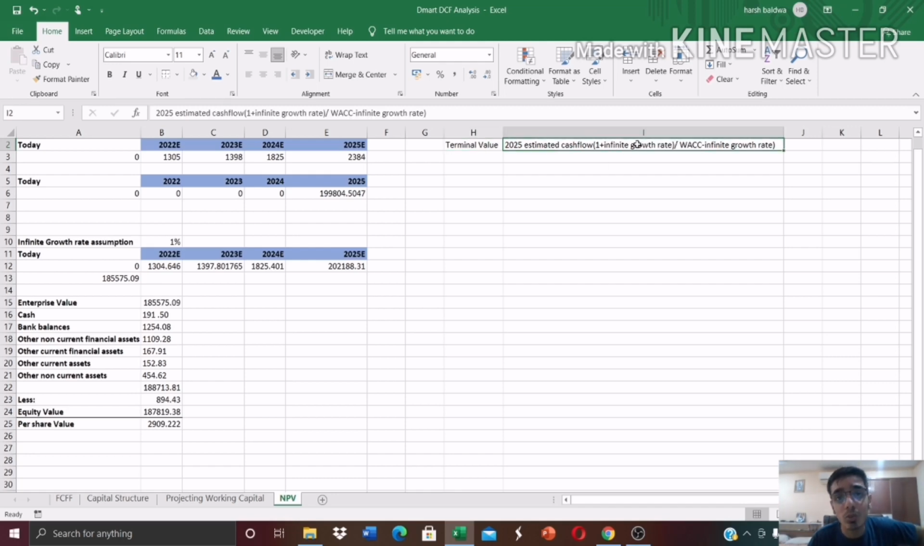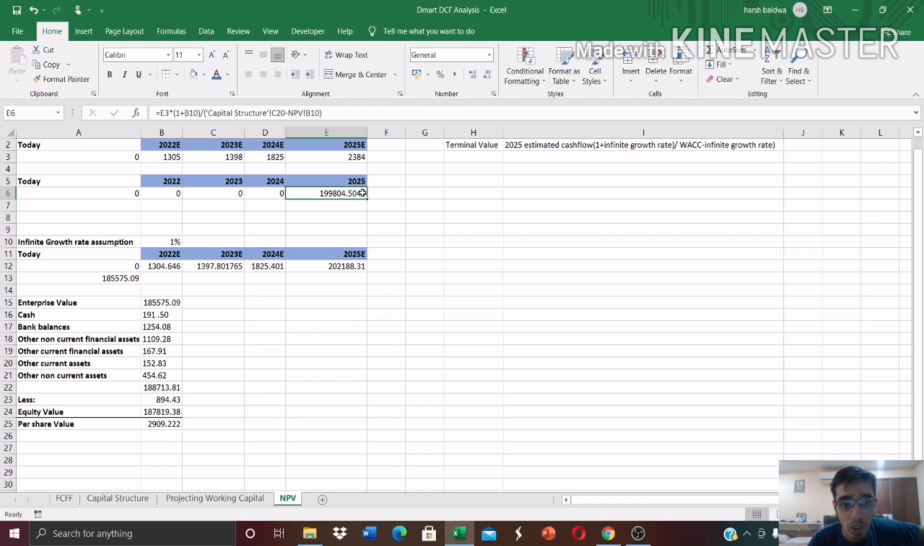Now you have to assume this infinite growth rate, but beware of one thing: you can't assume the growth rate to be greater than the cost of capital that you have calculated. Our cost of capital is 2.2%, so you can't assume the growth rate to be greater than 2.2%. So I've assumed it at 1%. So the 2025 estimated cash flow 2384 times 1 plus 1%, divided by 2.2%, that is the WACC, minus 1%. So that value comes to around